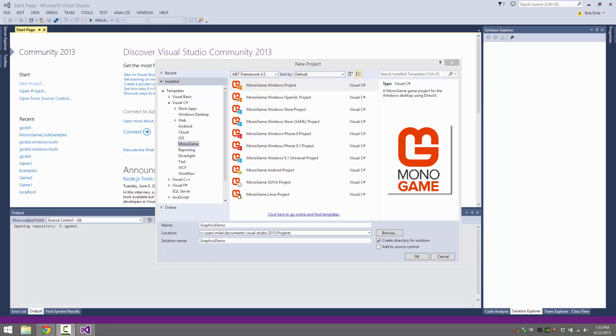Now that we have the application lifecycle and event loop out of the way, today we're going to get into some of the slightly more fun stuff. That is loading in a texture and drawing it up on screen. It's a pretty involved topic, actually. It sounds very simple, but there's quite a bit to it when you're working with MonoGame. It's not complex, don't worry about that, but there is a lot for us to cover, so let's jump right